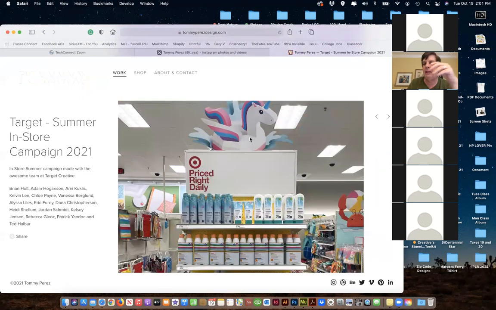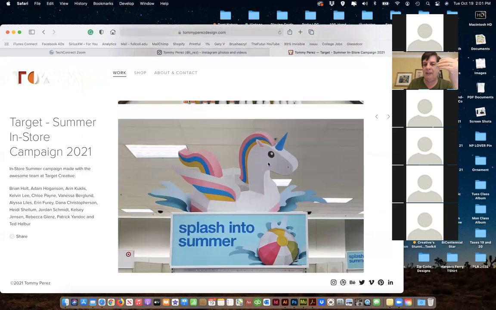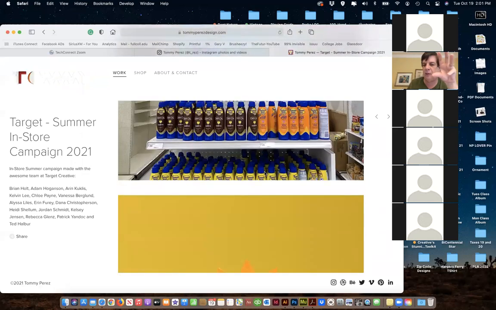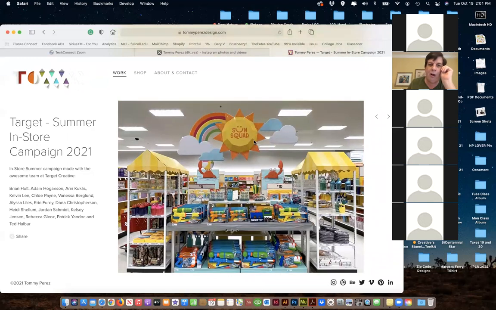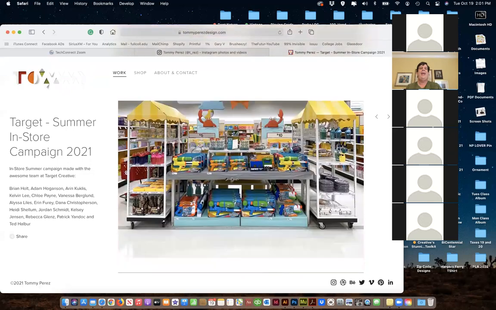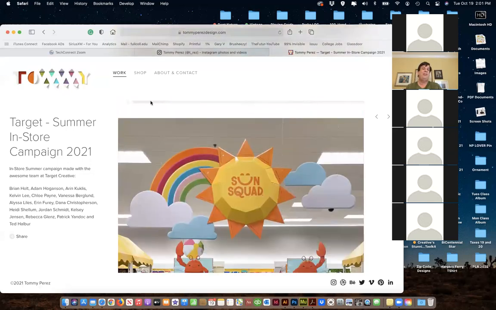And then they make larger ones. They'll take the same template, basically in Illustrator, print them out, and then they can manufacture these things and send them to the stores, and the stores put them together. So it's really kind of cool stuff. And I walk in the store and go, oh, that's Tommy. I just know his style. I know what he does. And it's kind of awesome to see it.